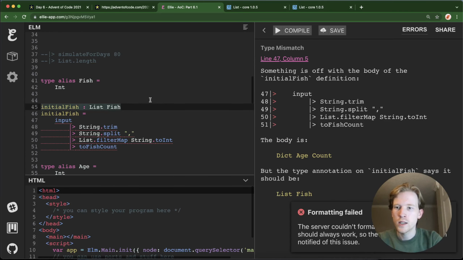Basically, this is going to be: do they give birth, or do they basically age? This will store get older, I guess is a good name. And then we'll take the age and the count and store that in the fish action. So age, count. If the age is 0, then we're going to return give birth. Else we are going to get older. And what get older is going to do,